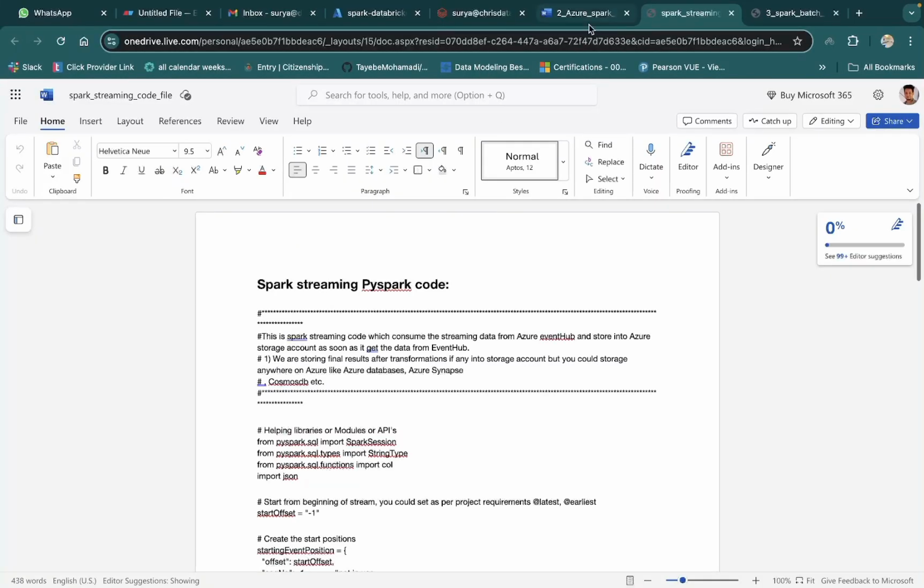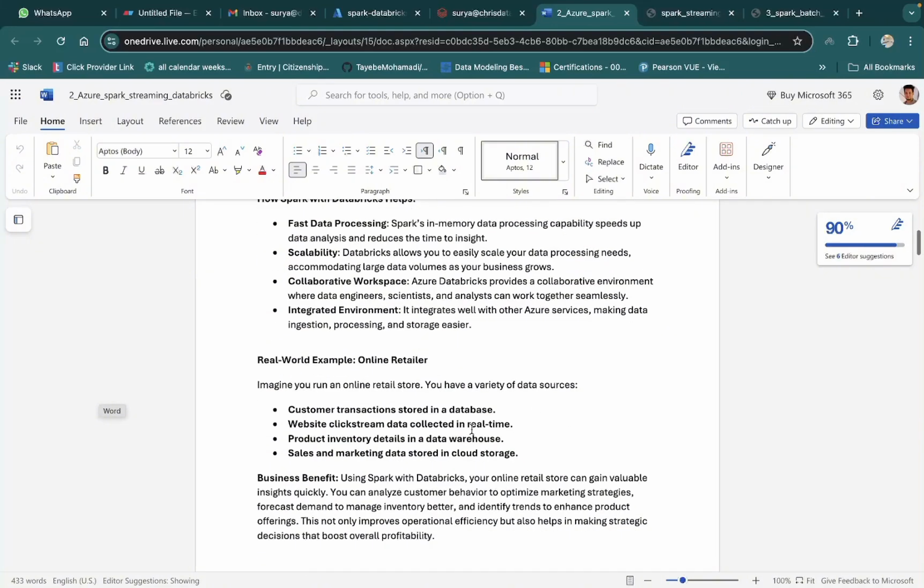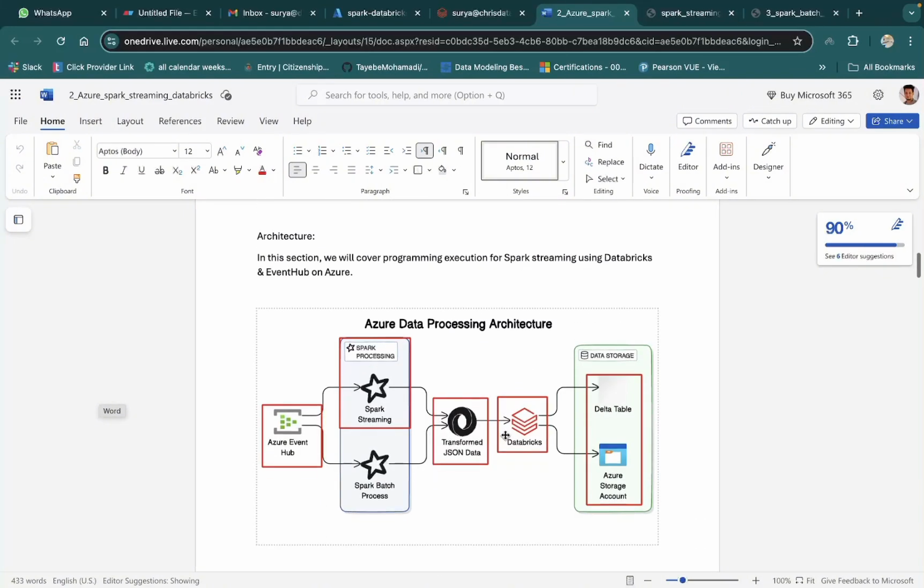Hello everyone. Again, welcome back to the second video of the Spark Databricks project. So in this video, we're going to cover the real execution of a Spark program using Databricks Notebook. So it will get the data from Event Hub in streaming fashion, process it, and store it into the Delta table and